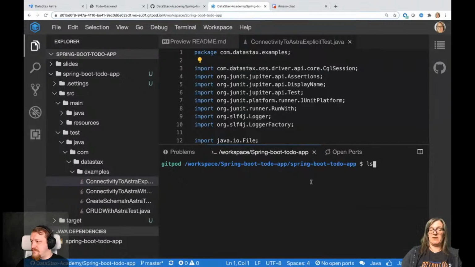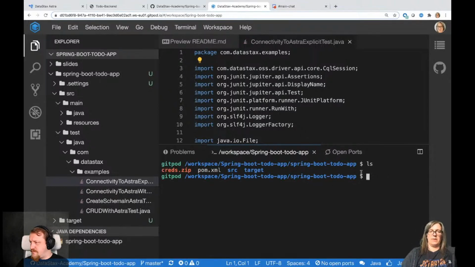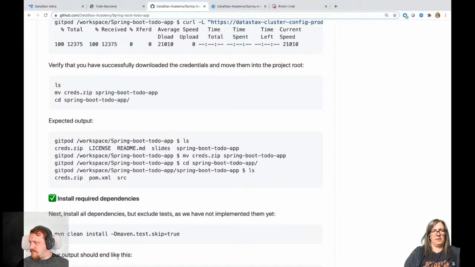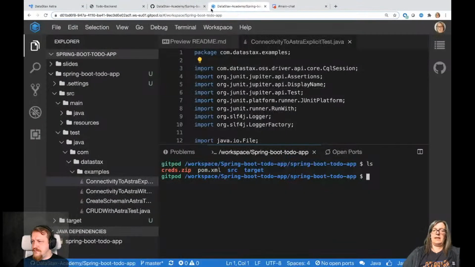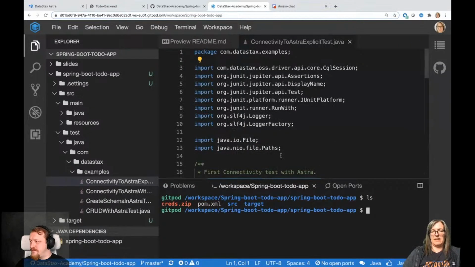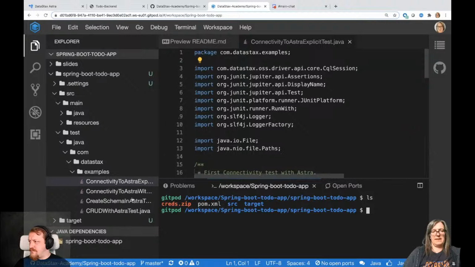Make sure you move it into the Spring Boot to do app, so it sits at the same level as the POM. That's where you want to have it. The instructions here say you can use the move command, move cred zip into Spring Boot to do app, and make sure you have it there. In my case, that's here. Obviously, you need to have it downloaded first. We did that in the first part. So now this is our first test here, connectivity to Astra explicit.